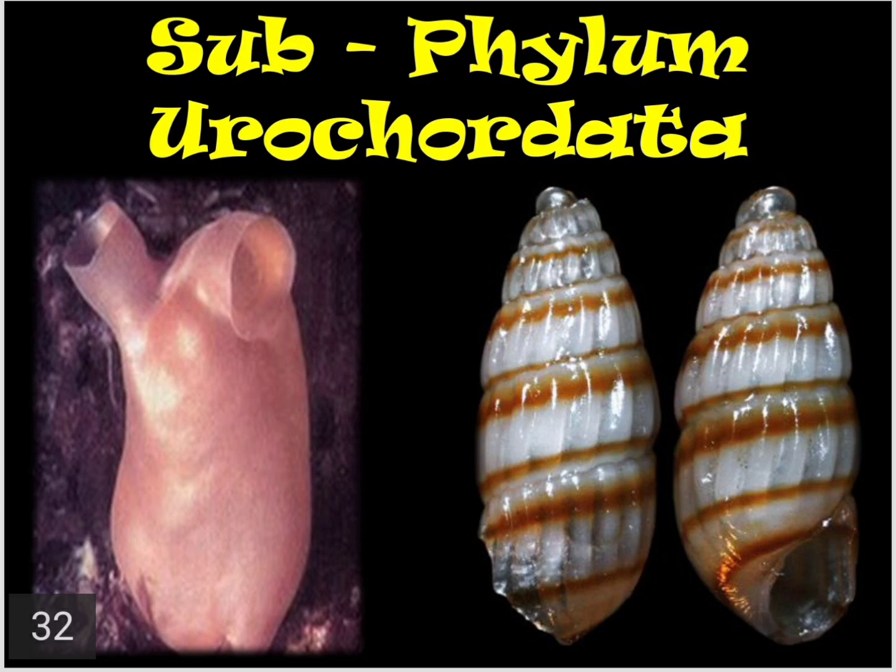Now let us look at the properties. These animals are marine animals found in salty water. Their body is covered by a skin-like tunic. It looks like an artificial skin present on top of their body. The larvae of these animals swim freely in the water, and there is a notochord present only in the tail region of the larvae. Hence they are called Urochordata. When they are in the larva stage, only in the tail region the notochord is present.